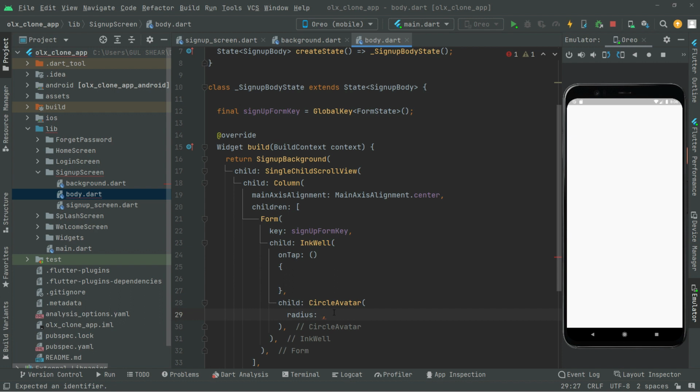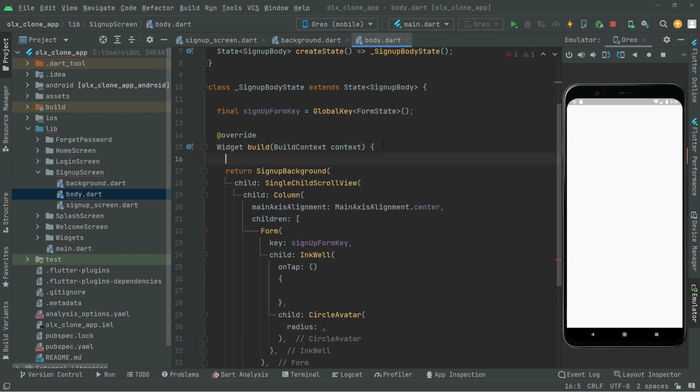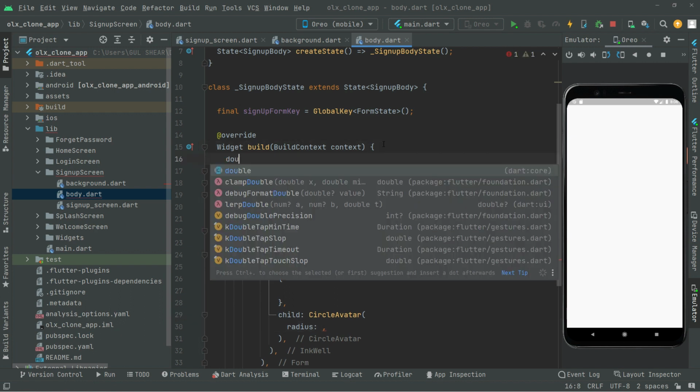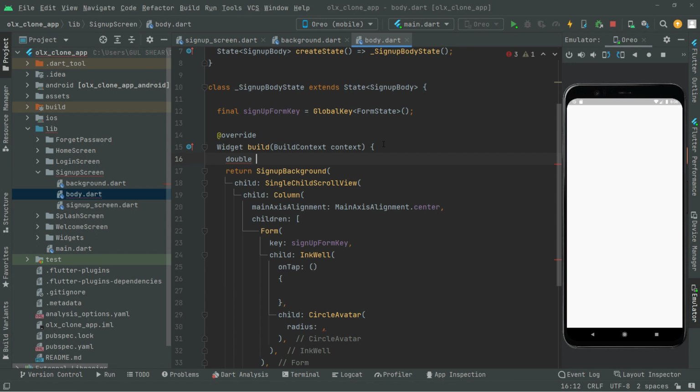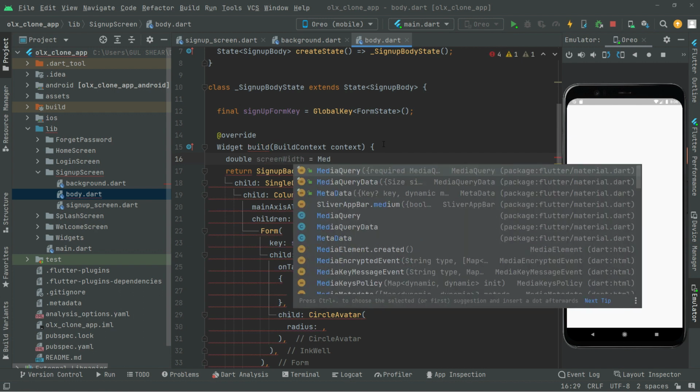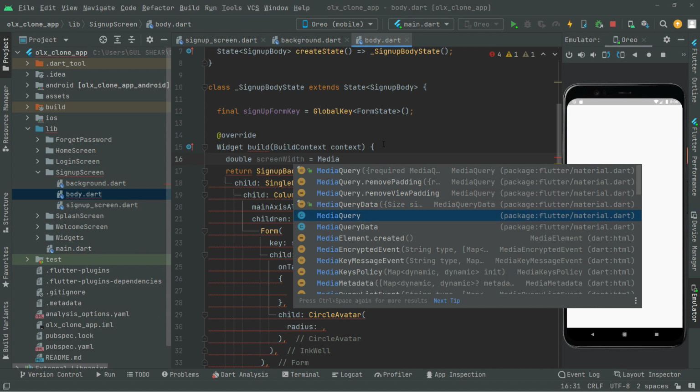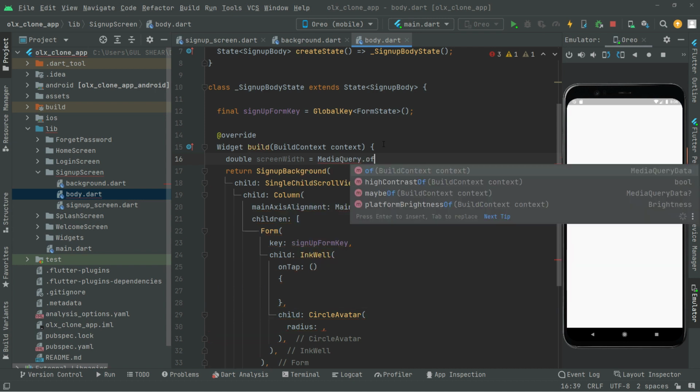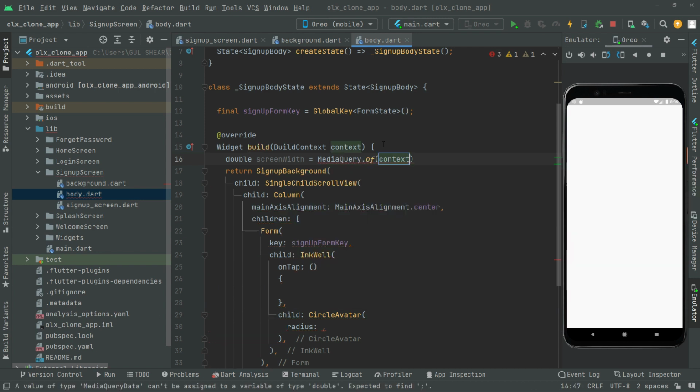For that, right in there we will say double, and we will create the screen width, and then we will provide, as you know, MediaQuery.of(context).size.width,